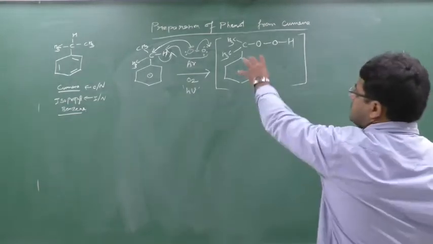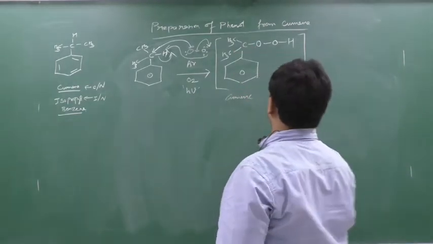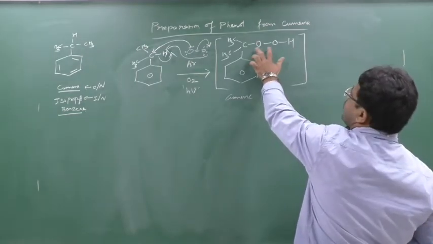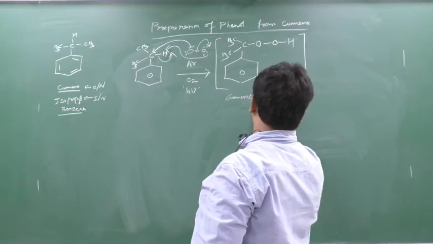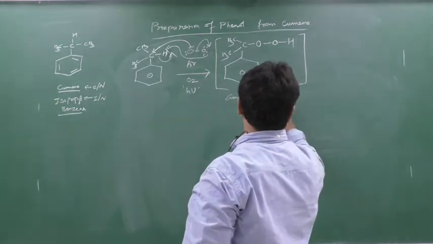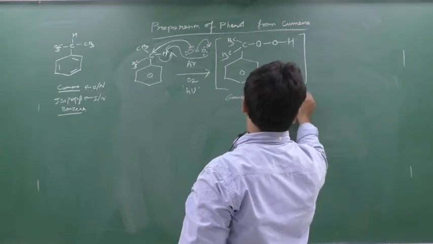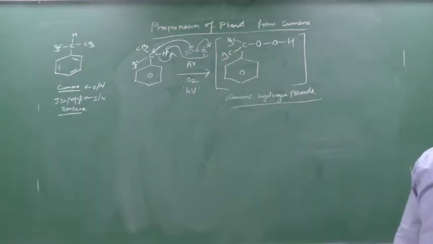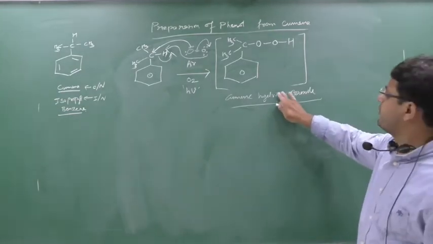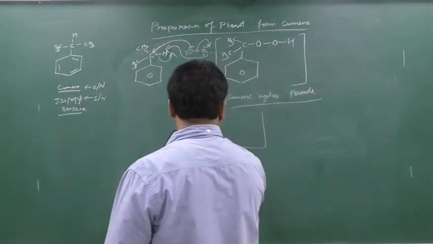Now this is cumene. This portion is cumene, and this is hydro, and if you see this OO linkage, the OO linkage is nothing but what? Peroxy linkage. So cumene hydrogen peroxide, cumene hydrogen peroxide. This will form, or cumene hydroperoxide, sorry, cumene hydroperoxide. Understood? Now what will happen, now we are doing the acidification.